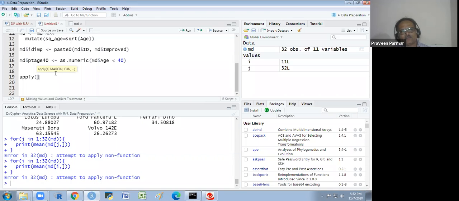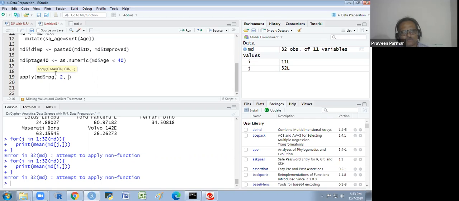Data means whatever variable you want, so I require MD$mileage, and I want the mean of columns. For margin we have two values, 1 and 2: one for row and second for column. So if I want the mean of columns, then I will write 2.